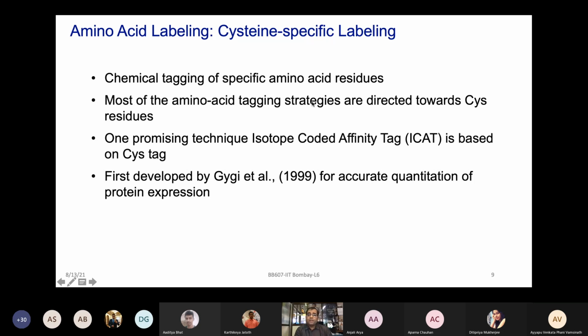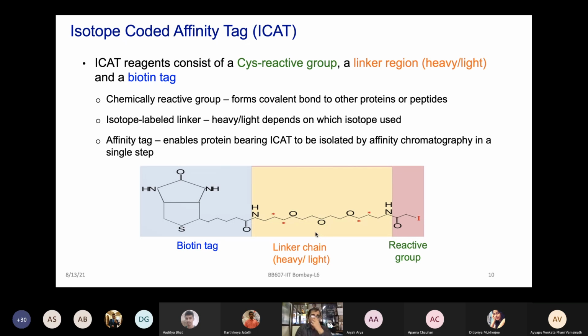Now here the thought was, can we take proteins where abundant cysteines are present, and I have this ICAT tag, whether this ICAT tag can bind to this particular cysteine residue in the given protein, and then the label could be made from that. So again, as Aparna, one of the students, asked, about different types of tagging strategies, right? What you are looking at here is a very innovative tag, which has a lot of information to convey for your quantitative protein experiment.